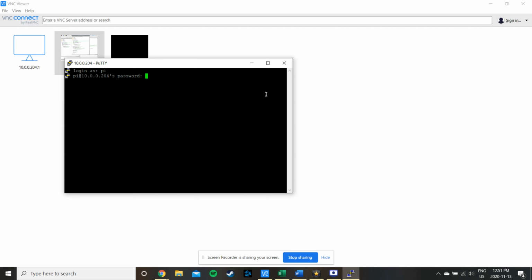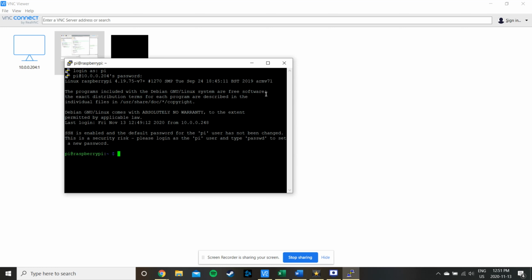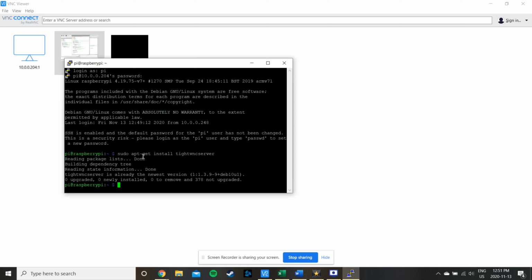Don't worry that nothing comes up. Just type it in, then click enter. Now we're going to type in our command lines, which our first one is going to be sudo apt-get install tightvncserver. Now this is just installing the VNC server onto the Raspberry Pi, and then we're going to type in tightvncserver